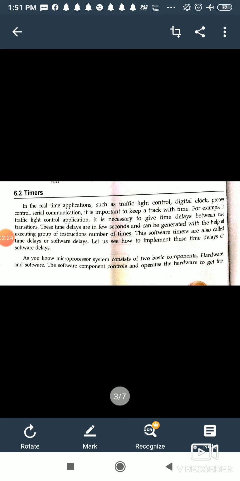Now timers. A timer is basically a timing delay, and it is designed by loading a register with a delay count and setting up a loop to decrement the count until 0. So it will count. For example, if we have to give a delay with the help of 10, it will count from 10, 9, 8 up till 0. The delay is determined by the clock period of the system and the time required to execute the instructions within the loop. So in this we will take the help of a conditional jump instruction to make the loop.